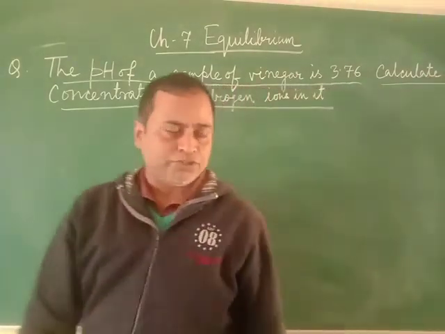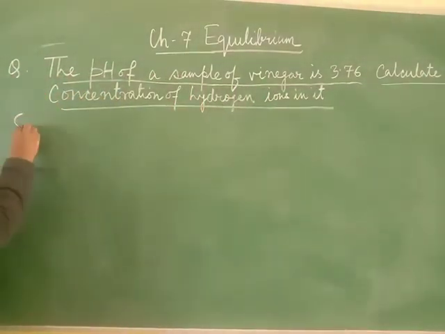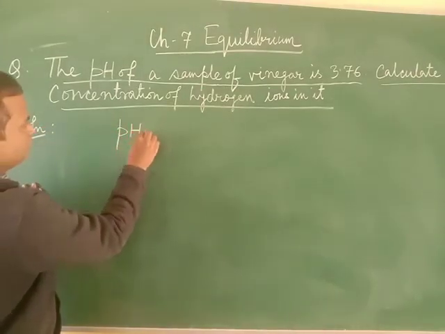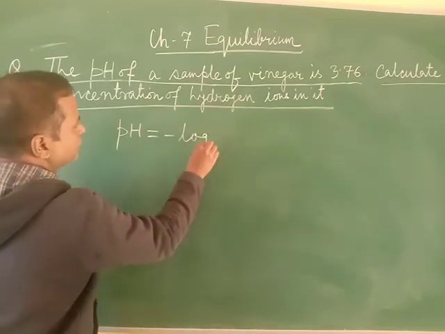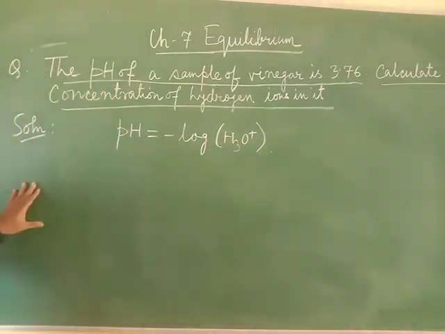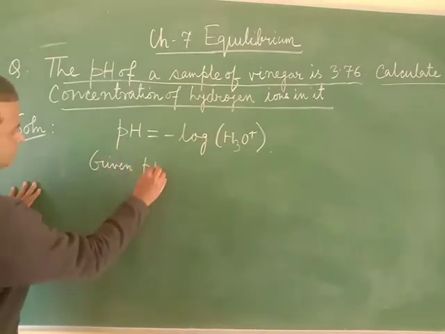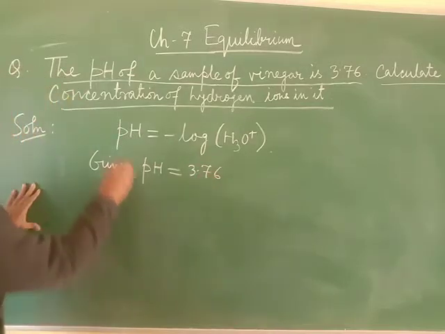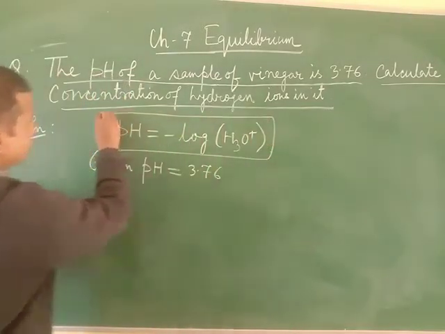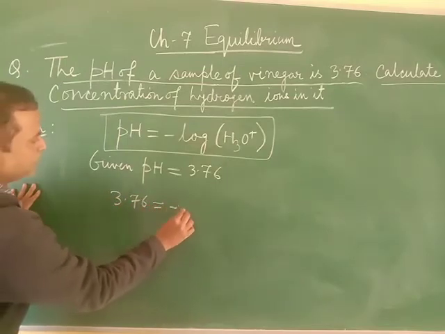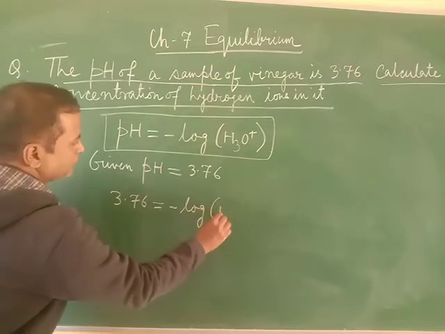So how to solve this question? Well students, here is the solution. See, we know that pH is equal to minus log of hydronium ion concentration. Now in the question, what is given? Given is pH is equal to 3.76. So we will put this value in this equation. So we get 3.76 is equal to minus log of hydronium ion concentration,